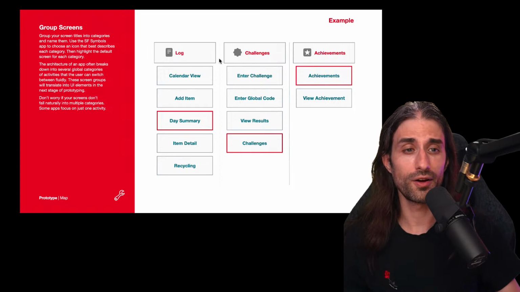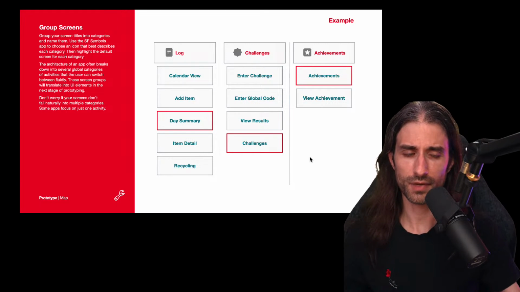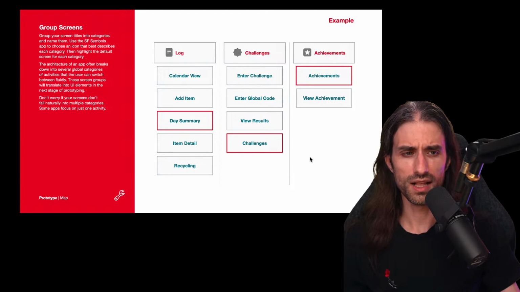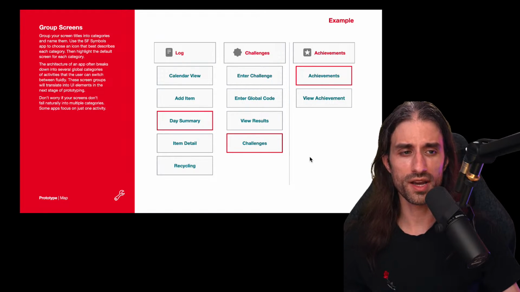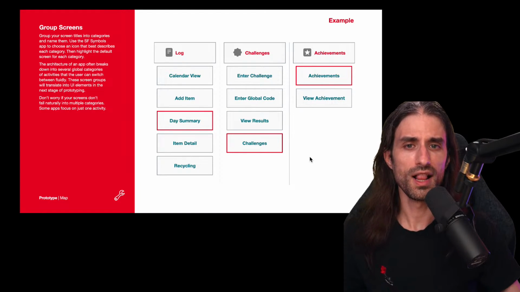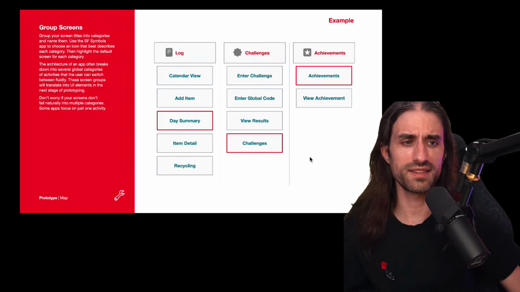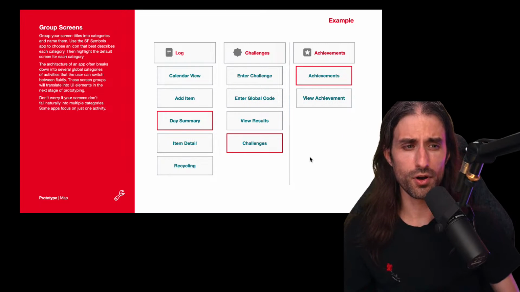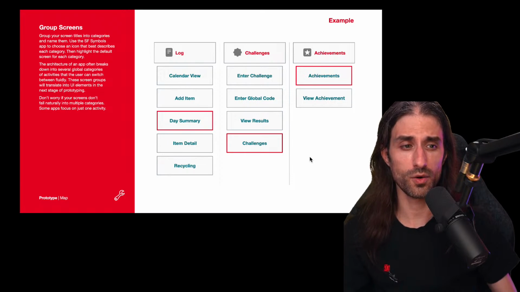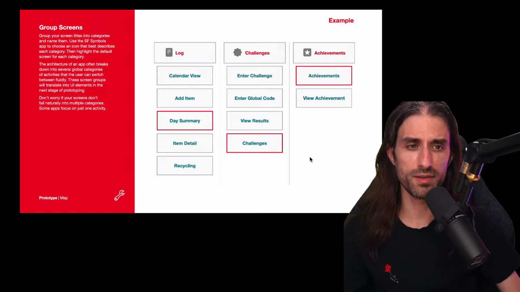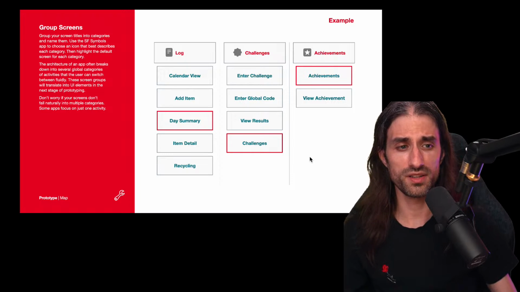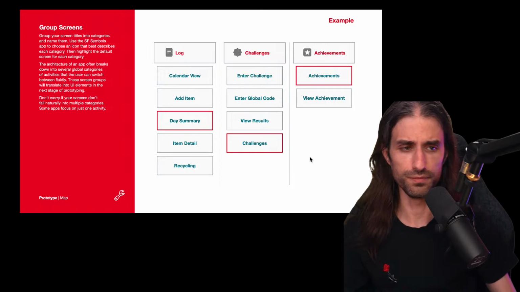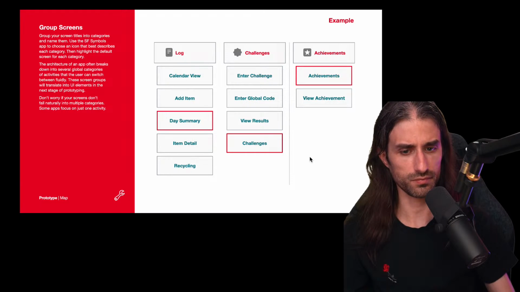criterion for. There is no one good solution. You could organize views, you could organize screens. There is more than one way to organize a set of screens into categories. One of the rules I could still share is that you probably don't want to have more than 4 or 5 categories, especially if you're working on an MVP. 3 categories is probably a good number. 2 might even be